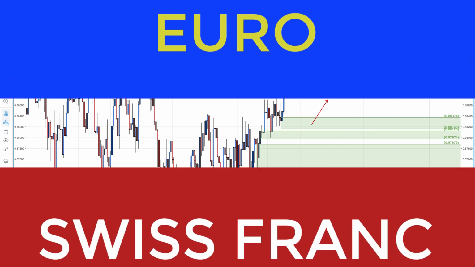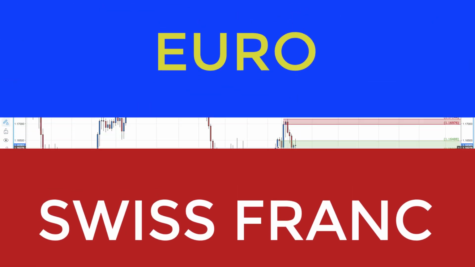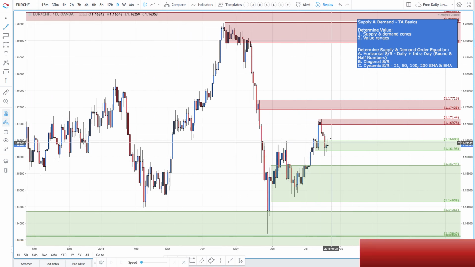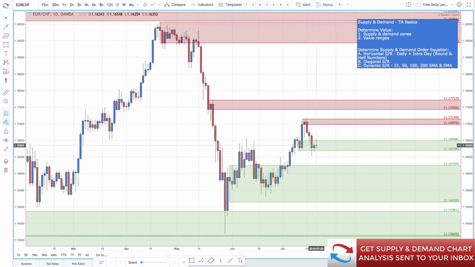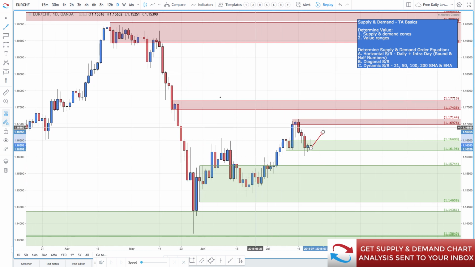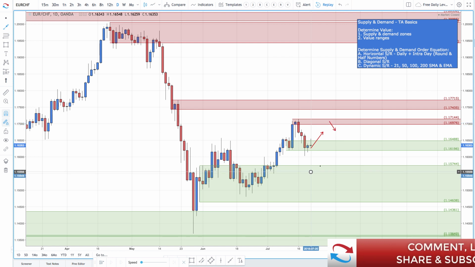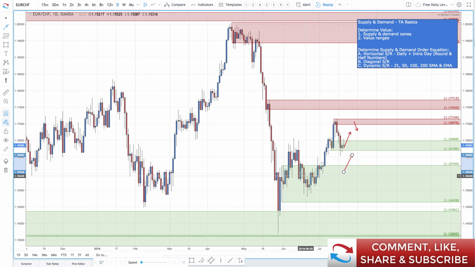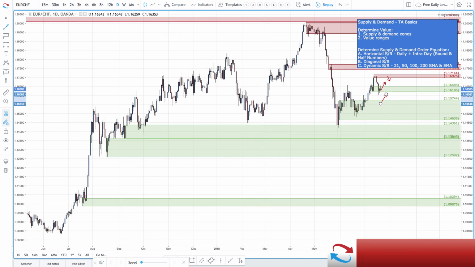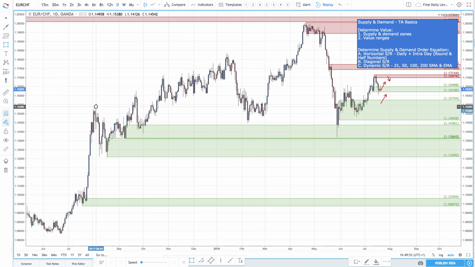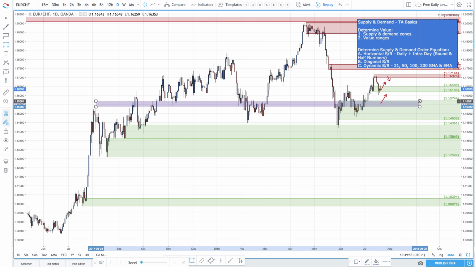Moving on to the Euro Swiss, we are down into this demand zone currently. So potential long trades on a lower time frame, and this would be your first area to try to look to get short. If this area doesn't hold and you're looking for long trades, this would be the area. Again, what you can do is look for some support and resistance zones potentially within supply and demand